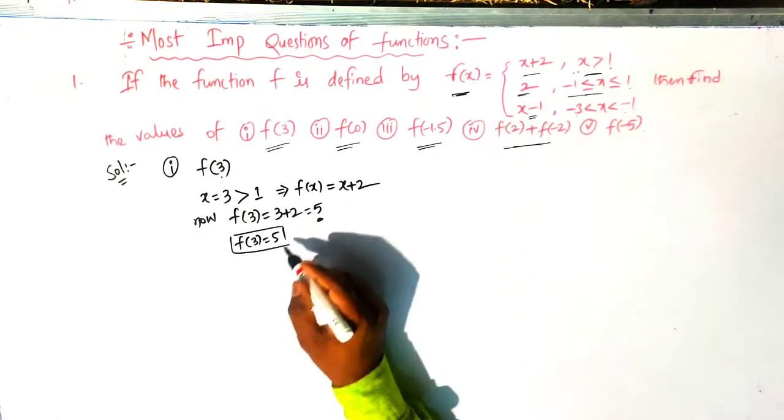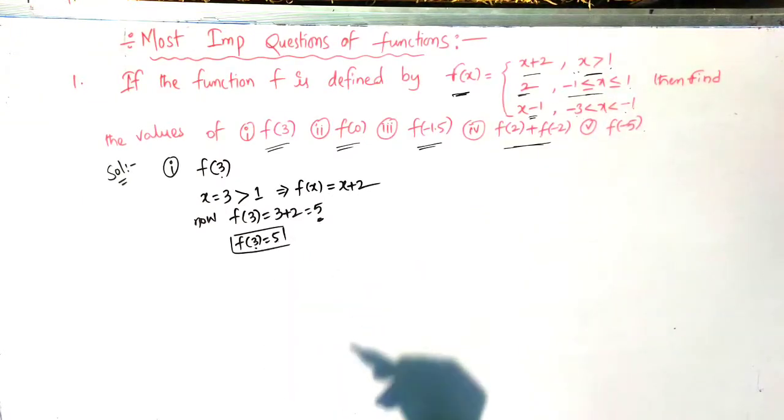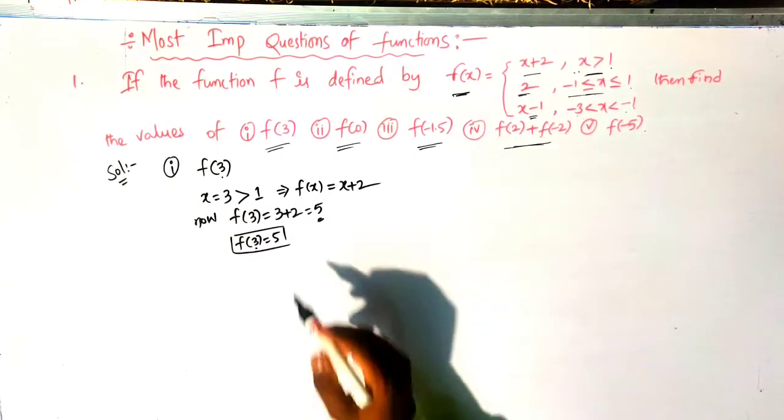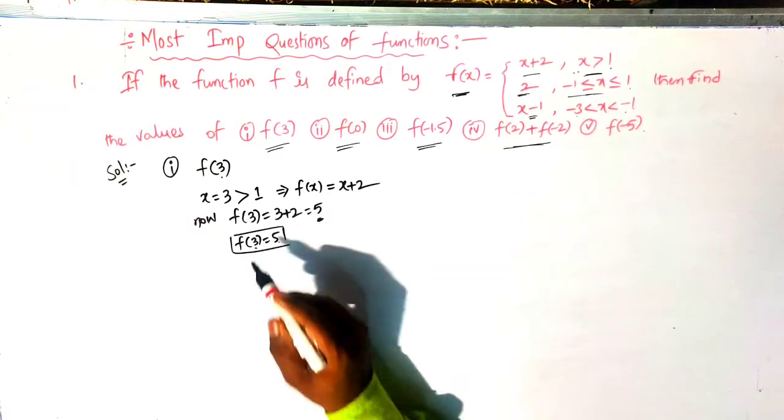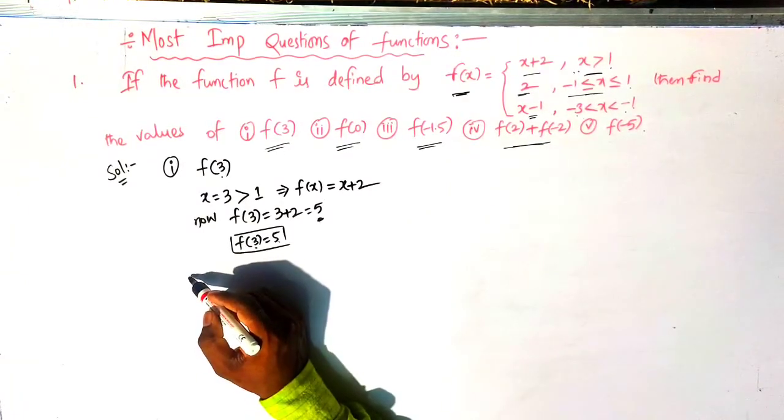So in this case, this is input. We got here 5. That is outcome. So this belongs to B. This belongs to A. Clear? So domain and codomain. Clear? Right. Next, second one.